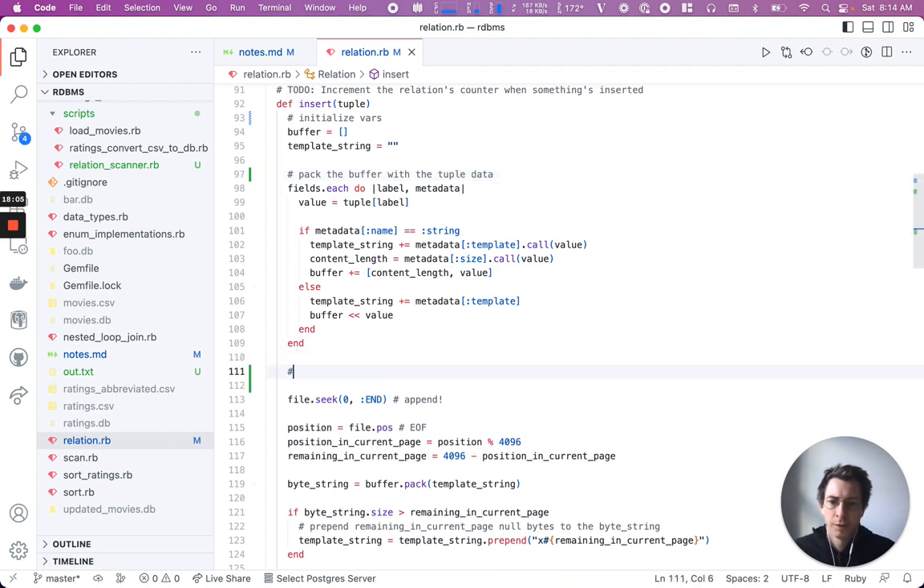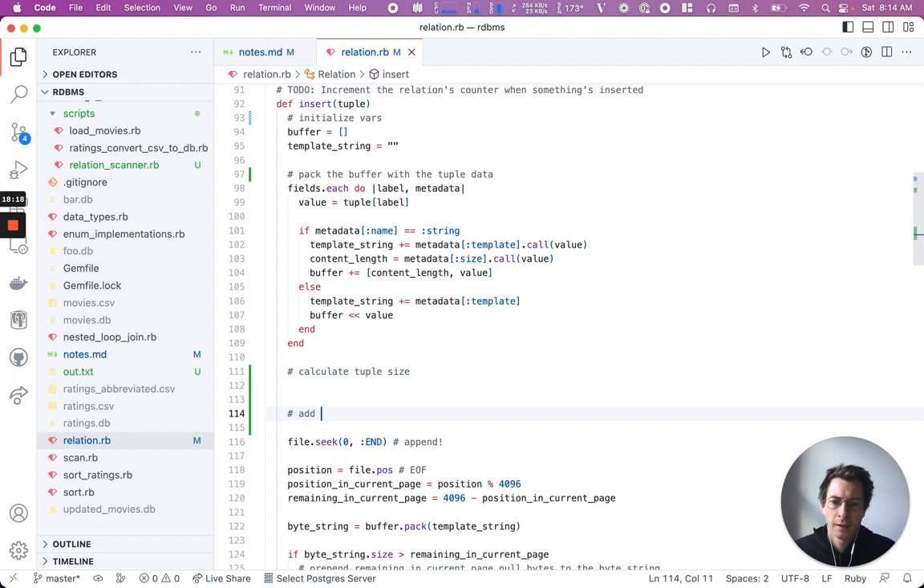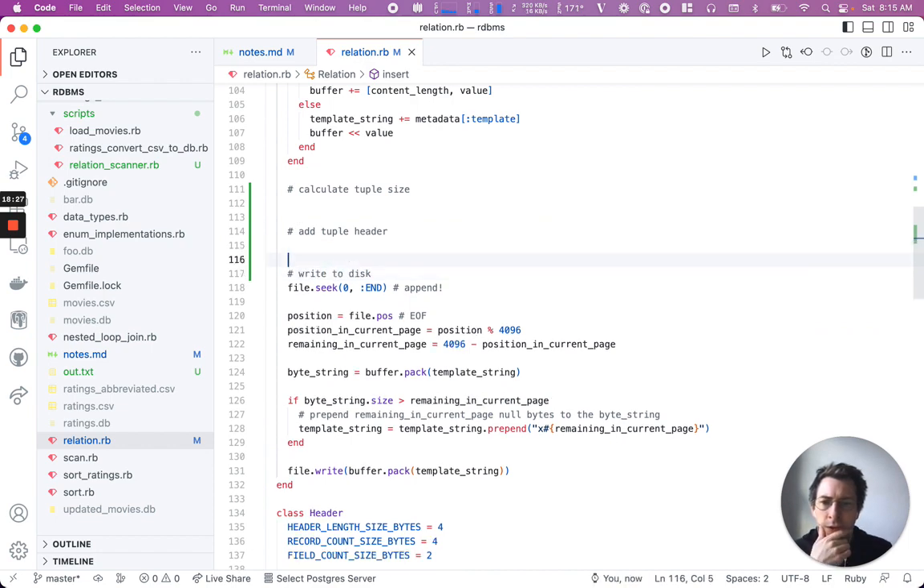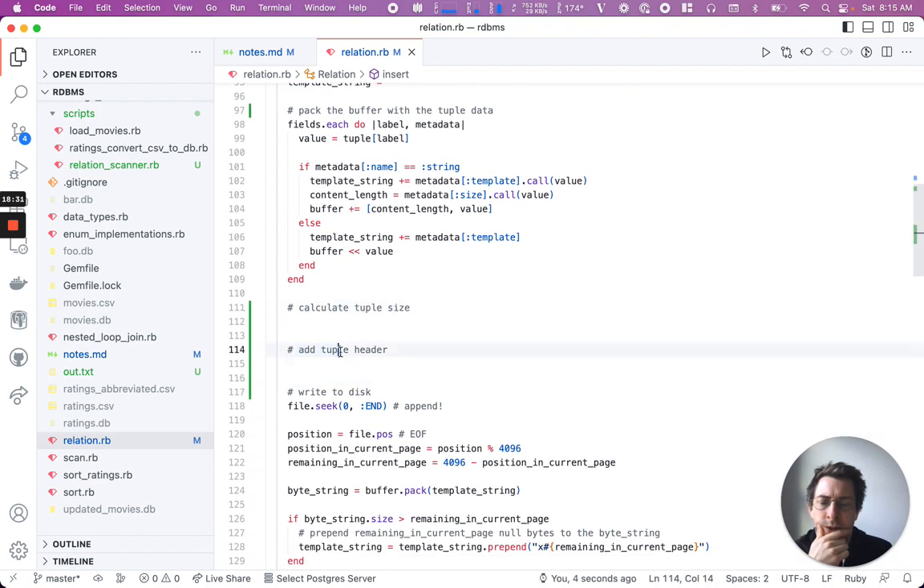And then at this point, let's say calculate tuple size, and then let's do add tuple header, and then write to disk. So these are kind of our to-dos, these two things. Okay, cool. So at this point we have a